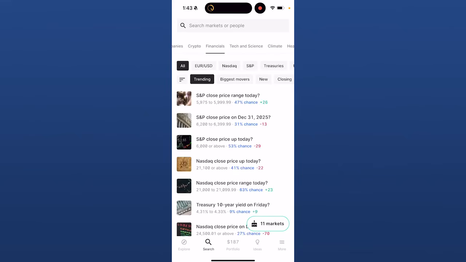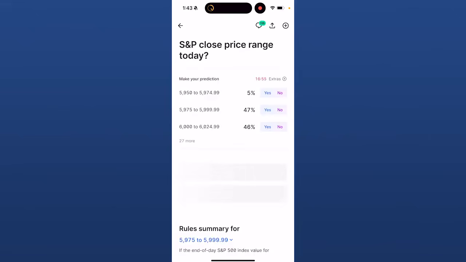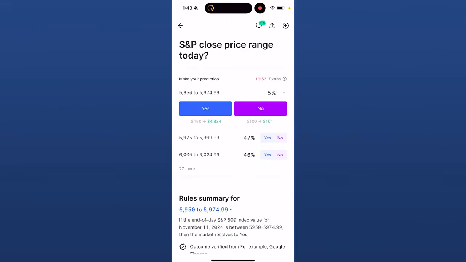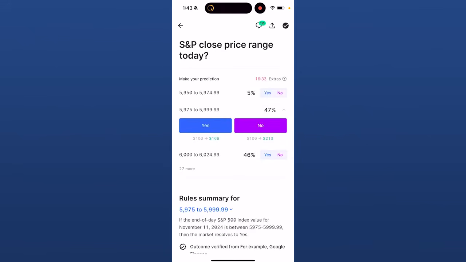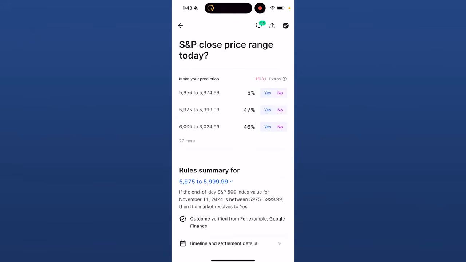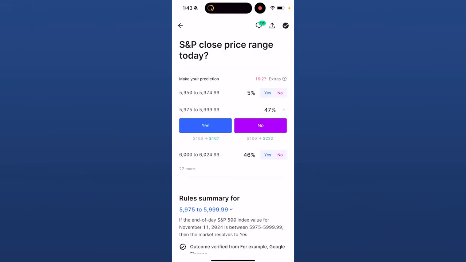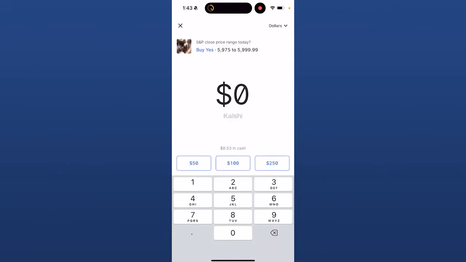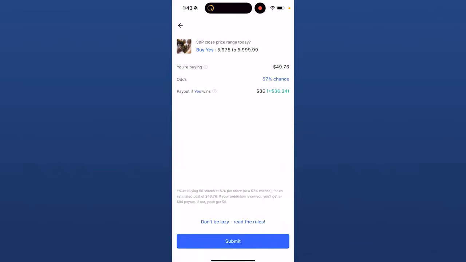Now, as you can see, you can simply click on one or even search for something you want and click on the yes or no option. You can click on one and it will actually show you how much you can trade on certain things. As you can see, you can click on yes, and when you click on yes, let's just say I want to bet the S&P will close between this price range today, you can put $50 or even more, and then